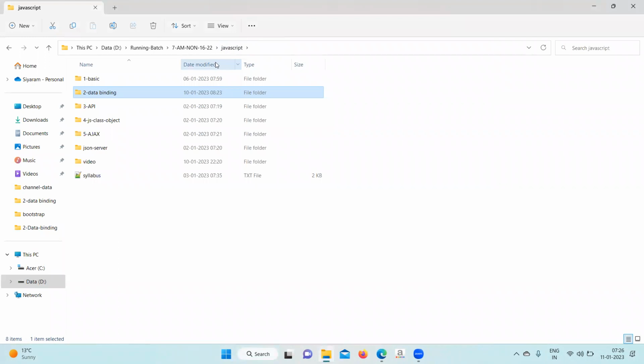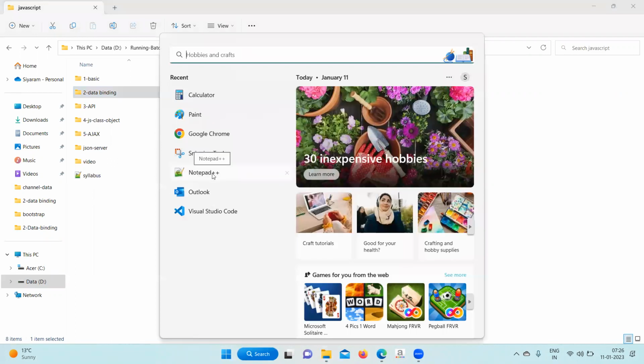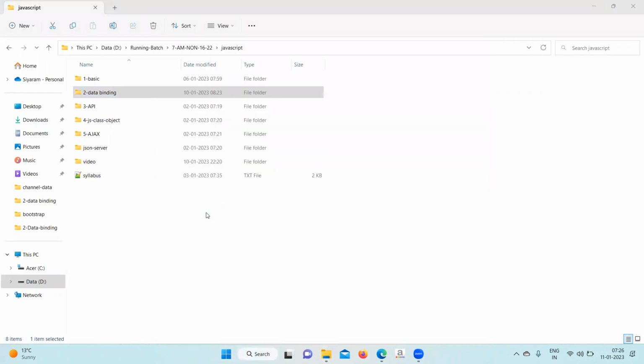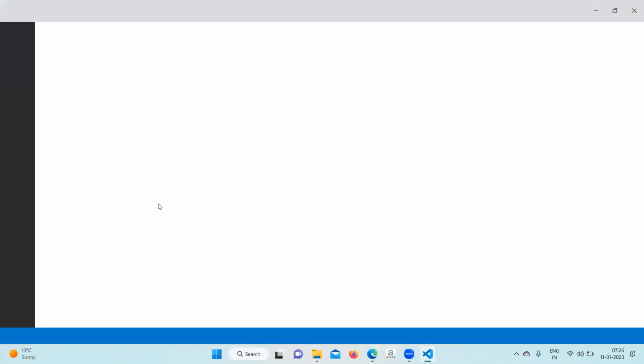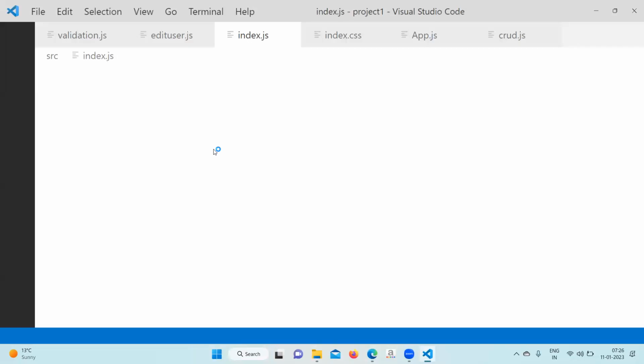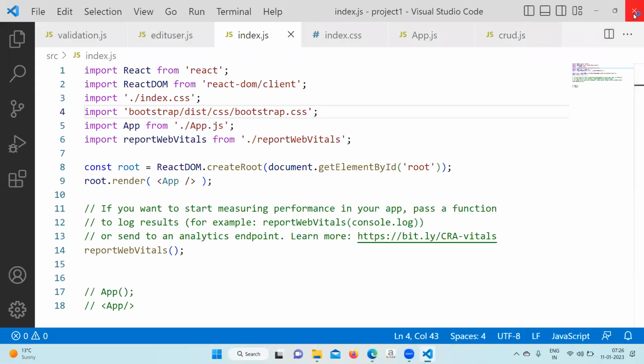Create a folder data binding anywhere in the system. Any other editor? You can use Notepad++. Okay, so the people who have VS Code